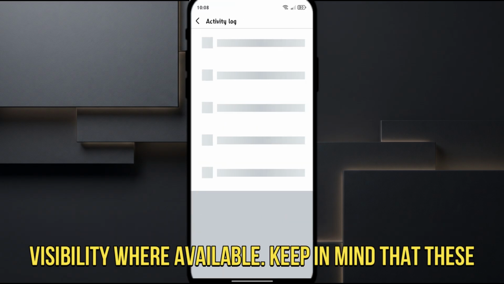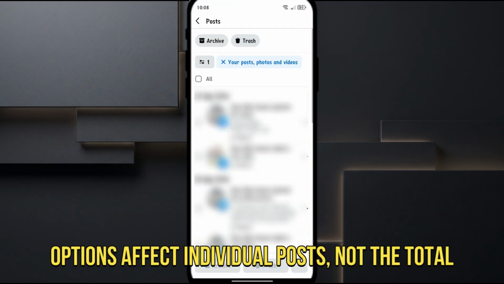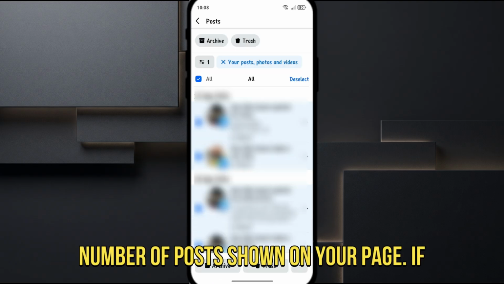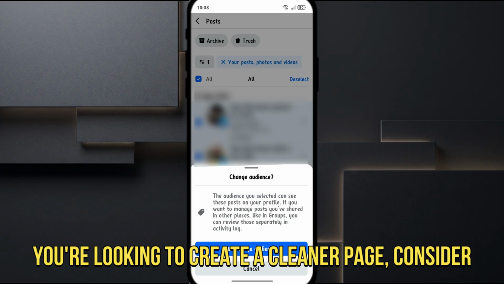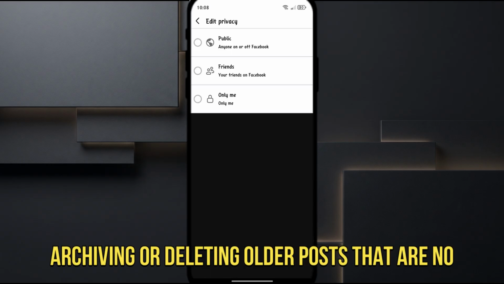page's visibility where available. Keep in mind that these options affect individual posts, not the total number of posts shown on your page. If you're looking to create a cleaner page, consider archiving or deleting older posts that are no